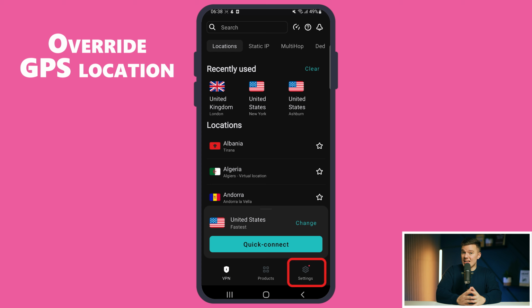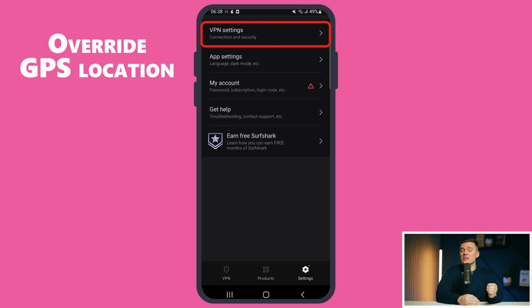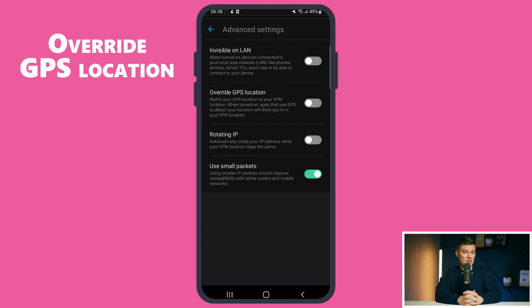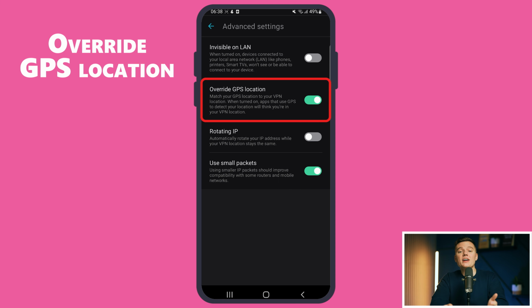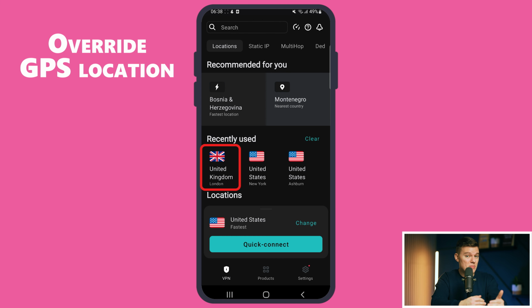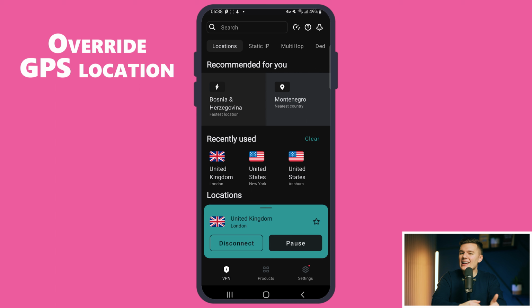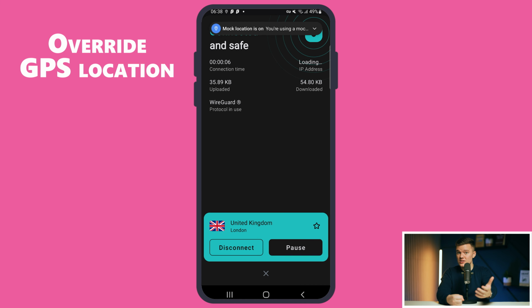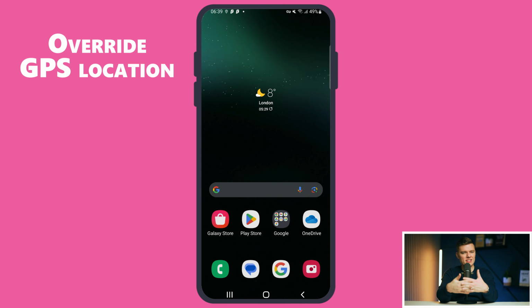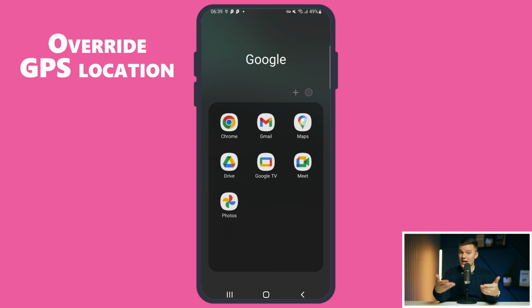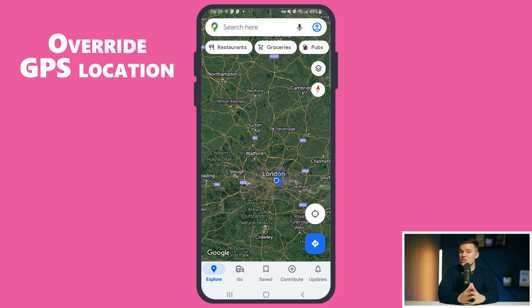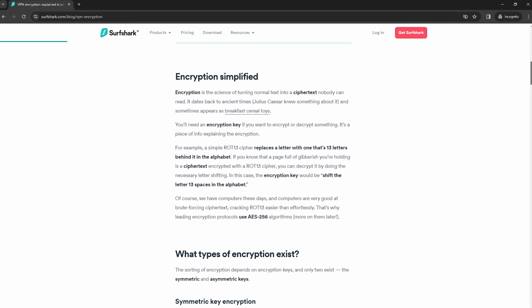One of Surfshark's standout features for Android users specifically is the Override GPS feature. This innovative feature aligns your GPS location with your VPN location, offering an added layer of privacy and security. It ensures that your physical location and your digital location are in sync, a critical aspect for Android users concerned about location-based tracking. In addition to its user-friendly interface, Surfshark provides robust security features such as AES 256-bit encryption, ensuring